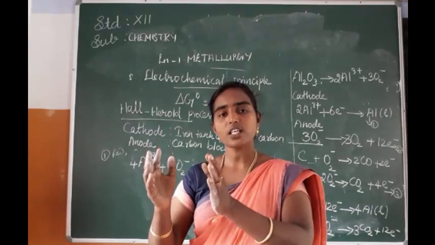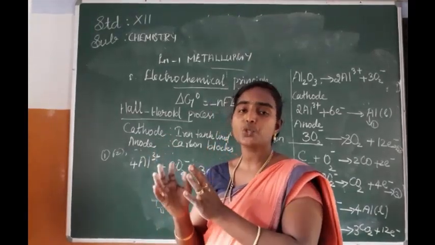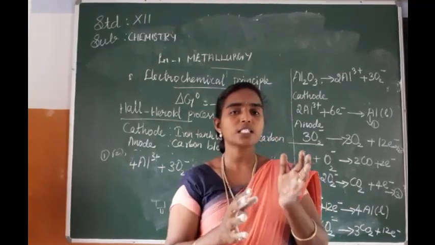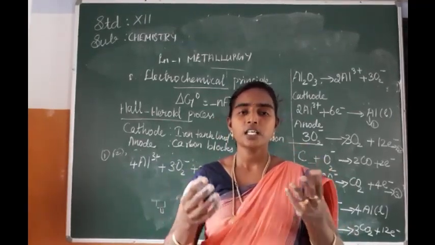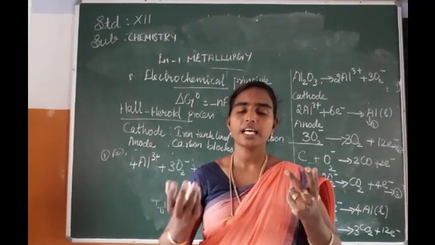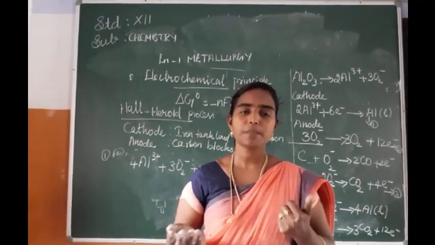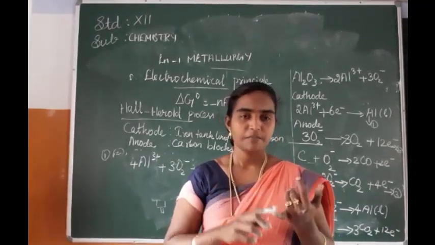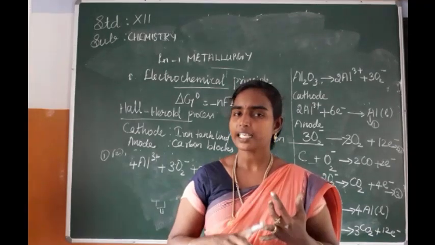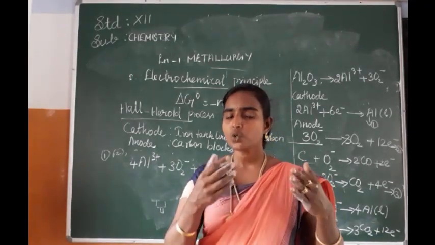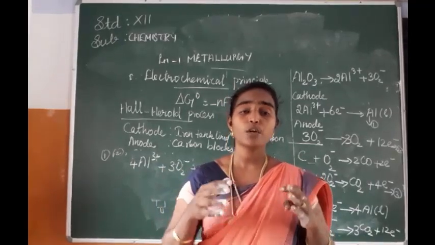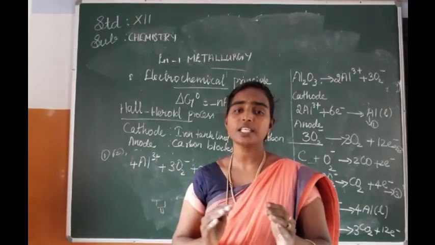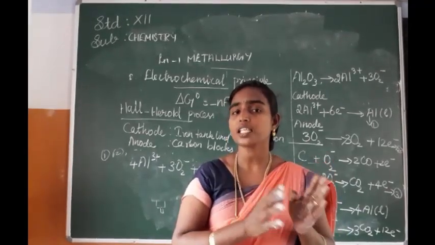So next, we have converted ore into oxide by roasting and calcination. Afterwards, this oxide should be changed into crude metal, that is the reduction process. For this reduction process, we have studied the methods: smelting, reduction by carbon, reduction by hydrogen, reduction by metal, auto reduction. We have used reducing agents such as carbon, hydrogen, metals. Carbon monoxide is also used as a reducing agent. By using these reducing agents, we are reducing the metal oxides to metal.